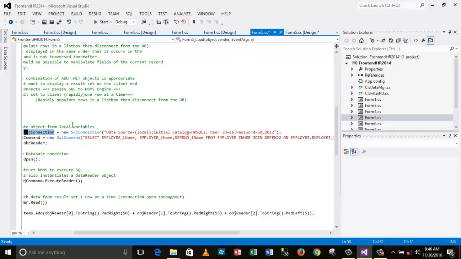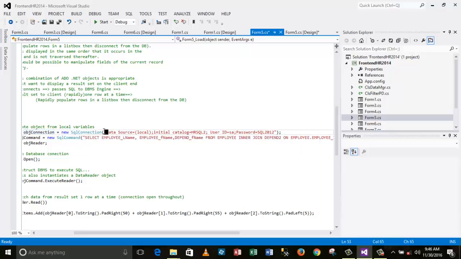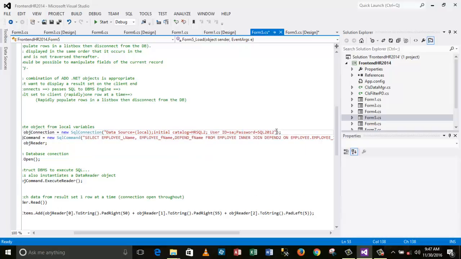So when that .NET SQL connection class is instantiated, it will take this string, parse it, and perform whatever's necessary. And again, that's Microsoft proprietary stuff at that point. But it's going to perform whatever task is necessary